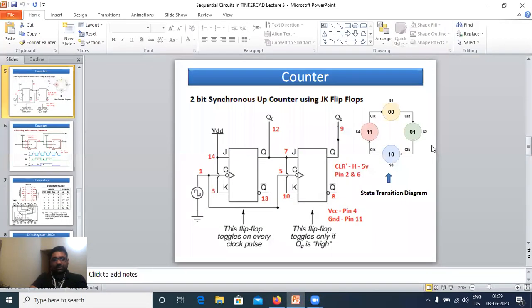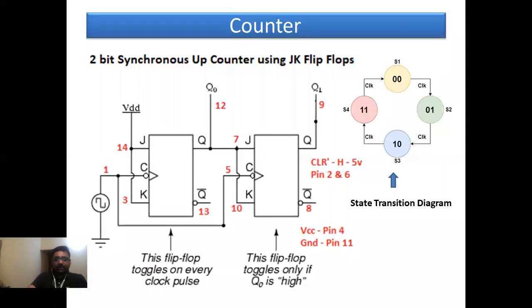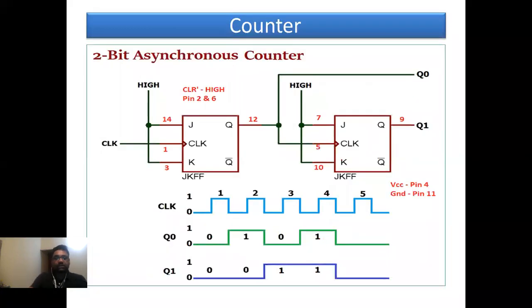So this is the synchronous counter we have just designed. The second circuit that we have is an asynchronous counter. So what is an asynchronous counter? The JK flip-flops have to be in toggle mode. That means J and K both should be high, for both the flip-flops. And as it says, it's asynchronous, meaning the clocks of both the flip-flops should be different. That means the output of the first flip-flop should drive the clock of the next flip-flop.